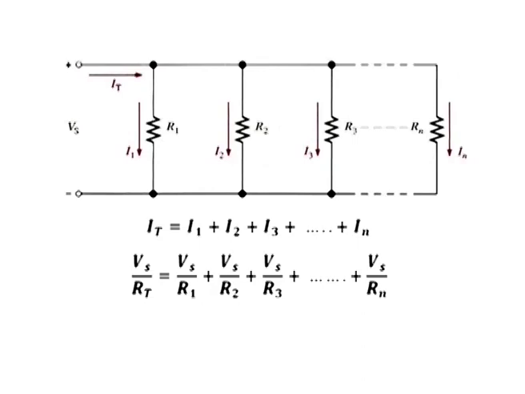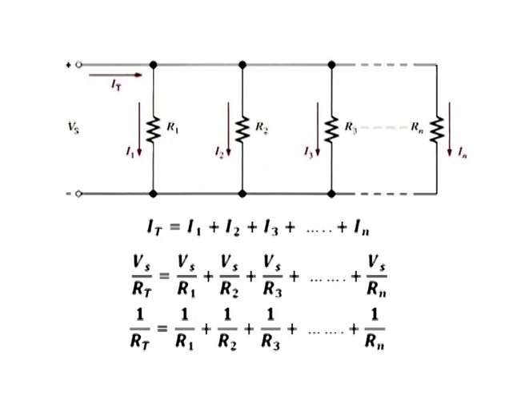Since Vs is the voltage across each of the parallel resistors, by Ohm's law, I1 is equal to Vs divided by R1 and I2 is equal to Vs divided by R2 and so on. By substitution into the equation for current, Vs upon RT comes out as shown here. The term Vs can be factored out of the right side of the equation and gets cancelled with Vs on the left side,